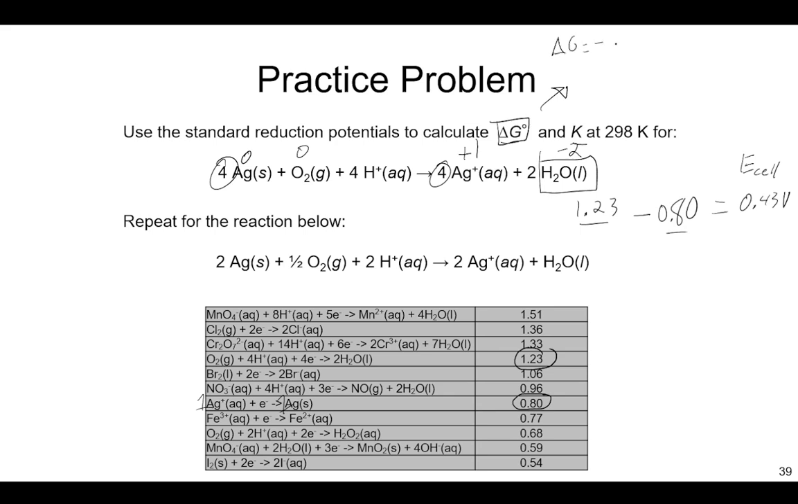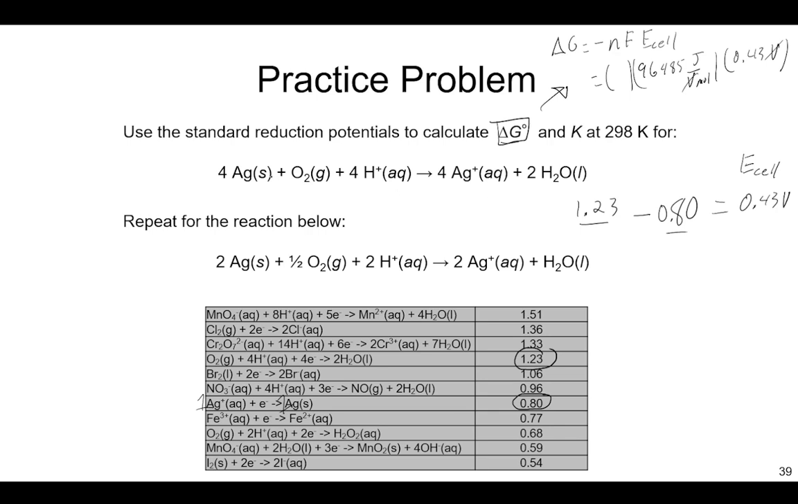is going to be negative n times F times this cell potential I've just calculated, where F is Faraday's constant, 96485 joules per volt mole of reaction. The cell potential here, 0.43 volts. And then I need the moles of electrons here. And so now I need to come back to this balanced redox reaction and figure out how many electrons are